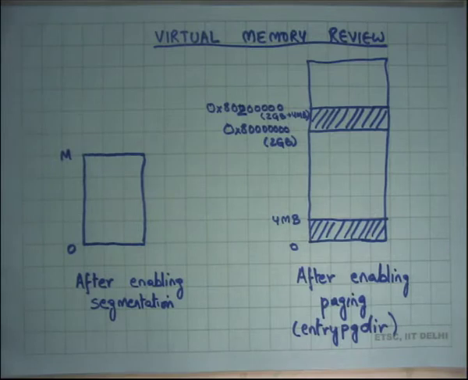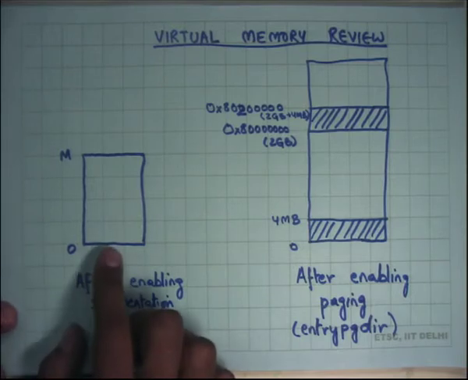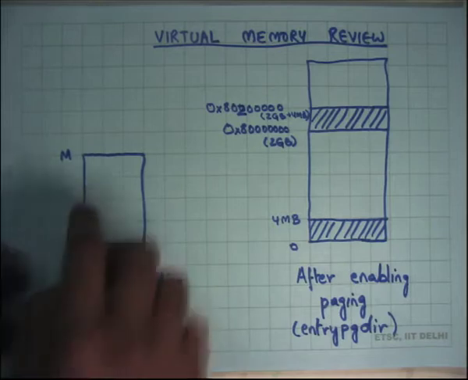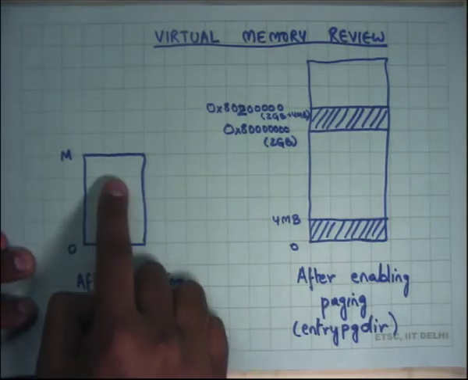Now the boot sector operates in this mode where only segmentation is enabled in 32-bit mode, and in that mode, the boot sector was living in the first 512 bytes of the disk. So the boot sector has code to load the kernel. The kernel lives from sector number 1 till some value, and the size of the kernel is known to the boot sector, so the boot sector loads that many sectors from the disk and puts them in memory. While it's doing that, the address space is still 0 to m, right? So it picks up the kernel and sticks it somewhere in this area.